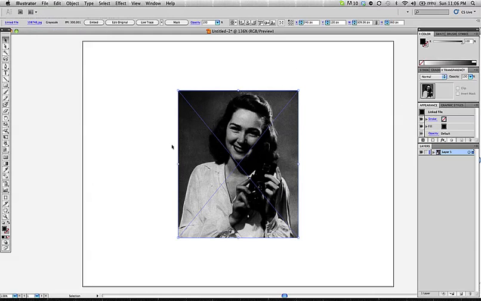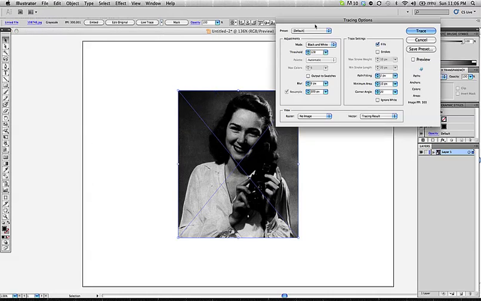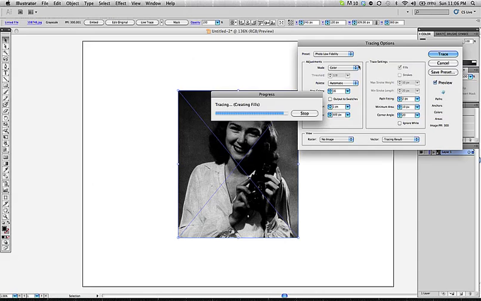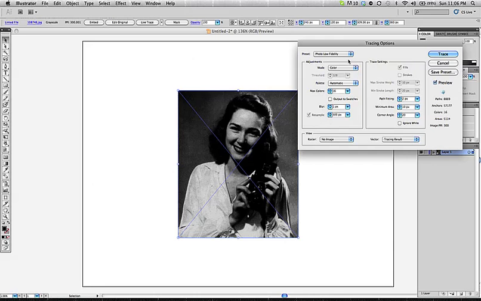So with the photo selected, I'm going to go into my live trace options, and I've skipped over a couple. We were doing mostly the high contrast black and white things, but we have photo low fidelity. I'm going to click on preview so you can see the results, and there are some okay renderings for